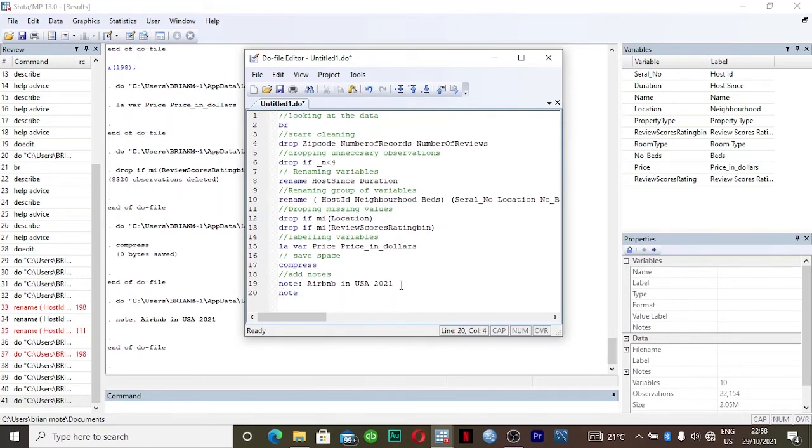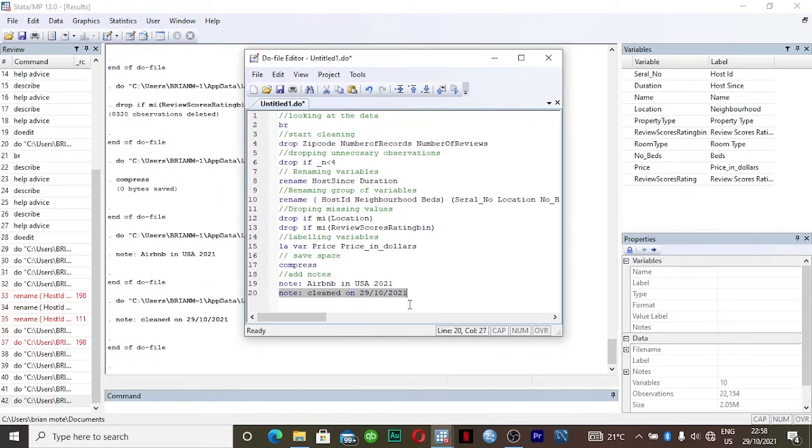You can also add the date that you did the cleaning. You can write cleaned on 29th 10 2021, and you highlight it, Control D. It just adds more information to your data, so that when you come back later, you'll not be clueless, since you can have huge amounts of data that you are editing.